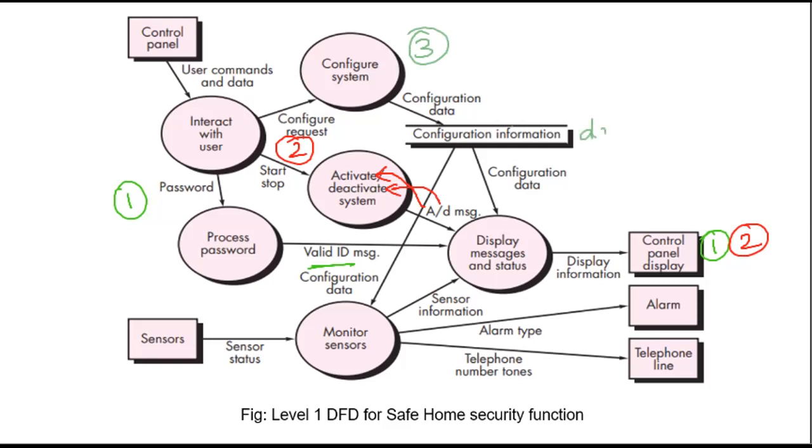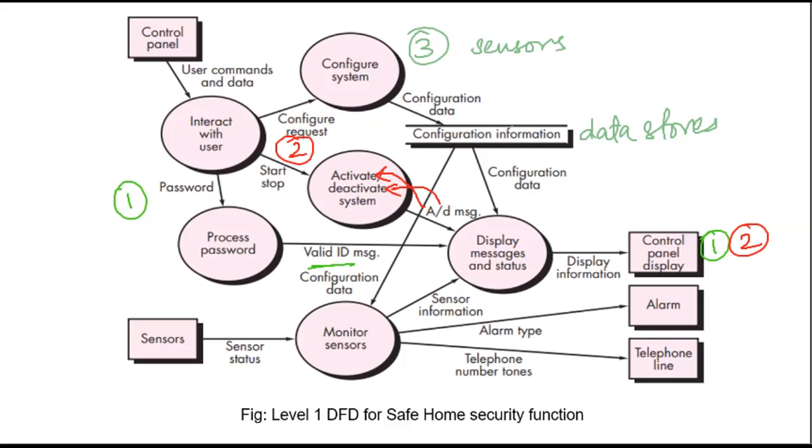Now, these double lines are your data stores. Data stores are represented by double lines. So this becomes your data store, that is your configuration information. If you want to change the password, this can be done at the configuration information. If you want to see any camera view, or check whether all the sensors are working or not, or check the camera functions, that data can be fetched from this monitor sensor. Any changes within the configuration system that you're making are done at the monitoring sensor.